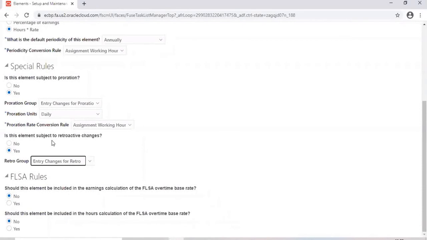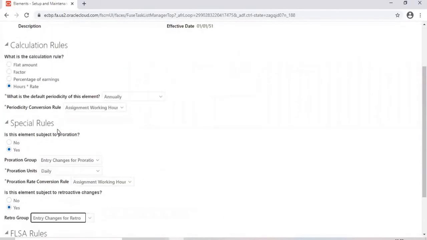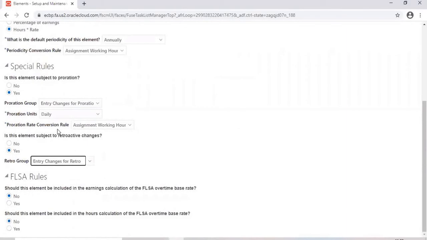Everything will be generated automatically, especially for delivered legislations. Otherwise, you have to write all the formulas, maybe with help of technical. Okay, any questions on this page? Then you go to next.